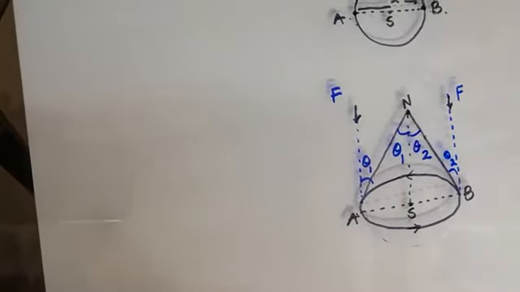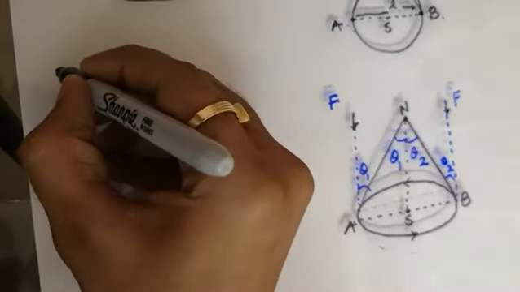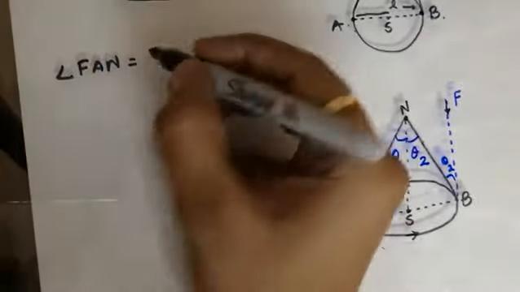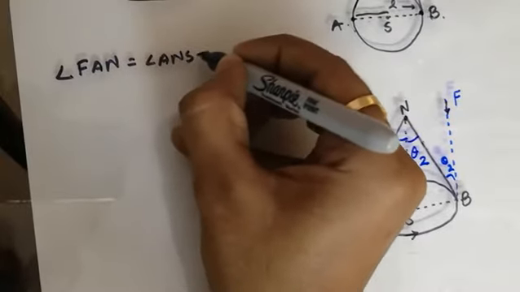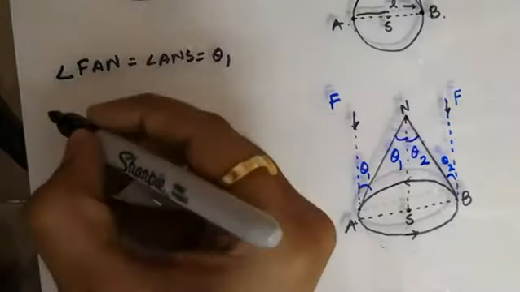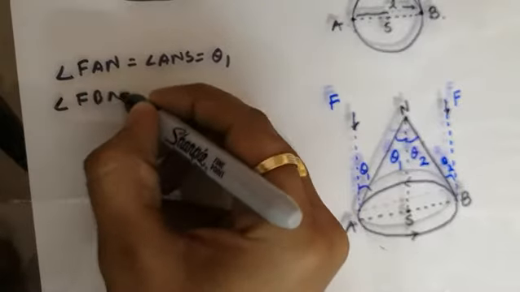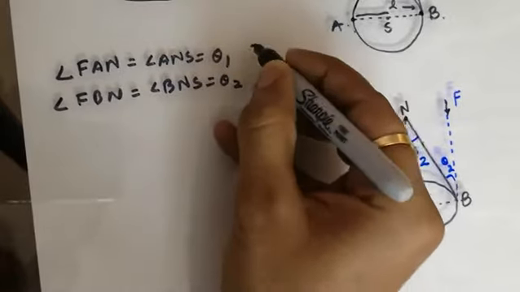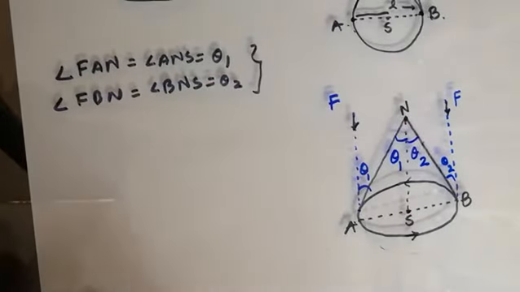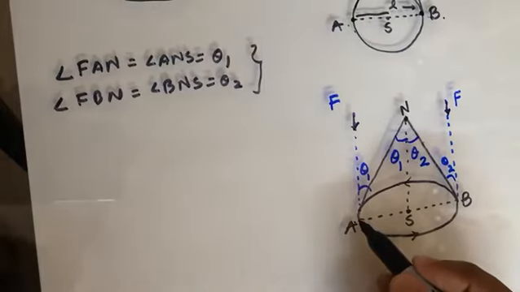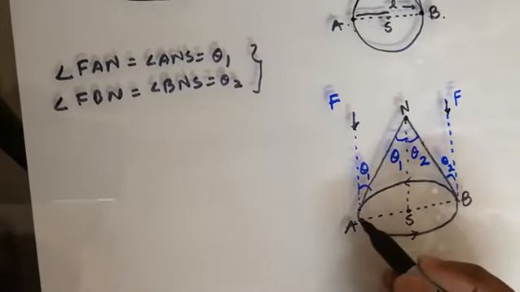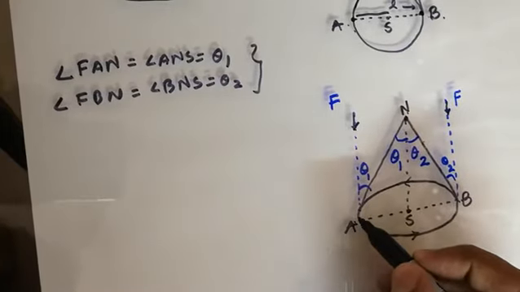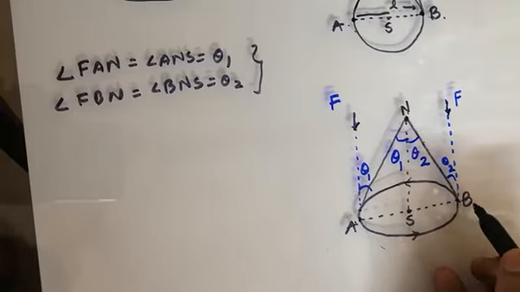So first of all I want to find its equation. You can see that angle FAN, or angle ANS, is called theta 1. The same is the case for FBN: the angle BNS equals theta 2. So these are the two angles I have. I want to find the distance between A and B, or the distance from A to N, where one observer is on the circular path of the Earth, and after an interval of time, let's say at B.